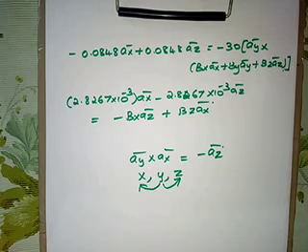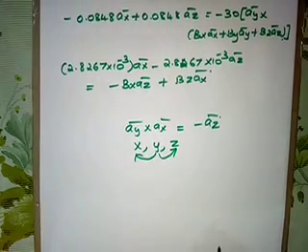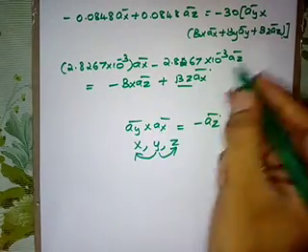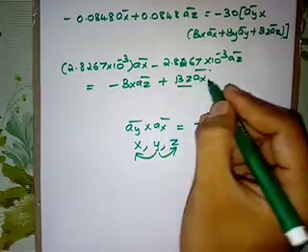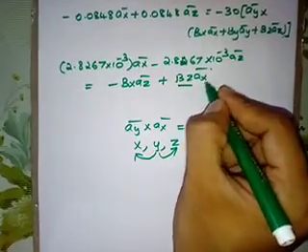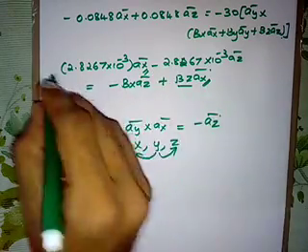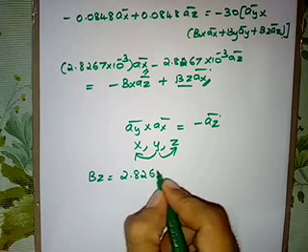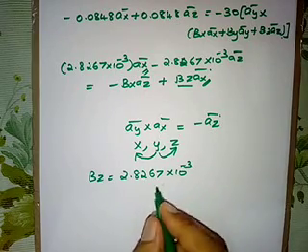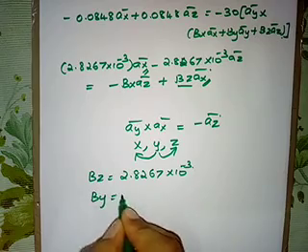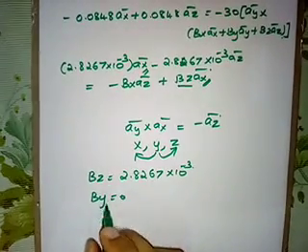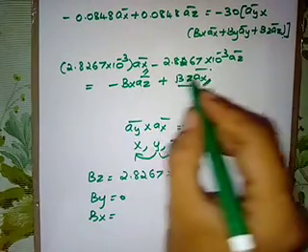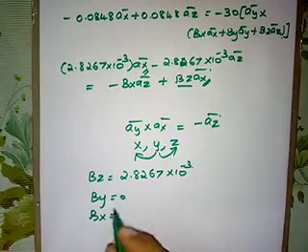Now let us compare both sides of the equation, both LHS and RHS. This is BZ, the Z coordinate, and AX bar is here and AX bar is here. So this is plus, this is plus, so we get Bz is equal to 2.8267 into 10 raised to minus 3. Then what about the By component? By is 0 because there is no By term here. Then what about Bx? Bx is minus Bx Az bar, and this is minus this into Az bar, so both are minus, so we get plus.